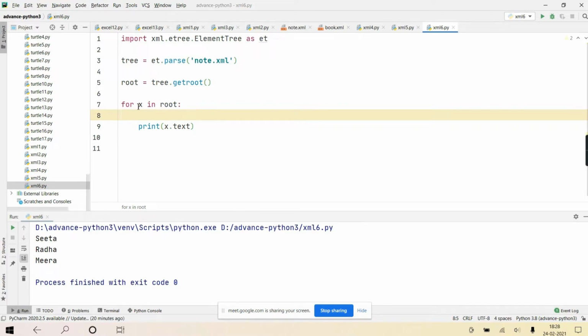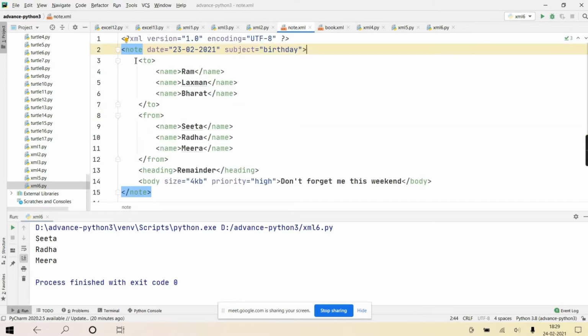Yes or no, guys? Can your element object itself act as an iterable object? Yes. So it gives each child of root: one time 'to', next time 'from', next time 'heading', next time 'body'. Will it give like that?